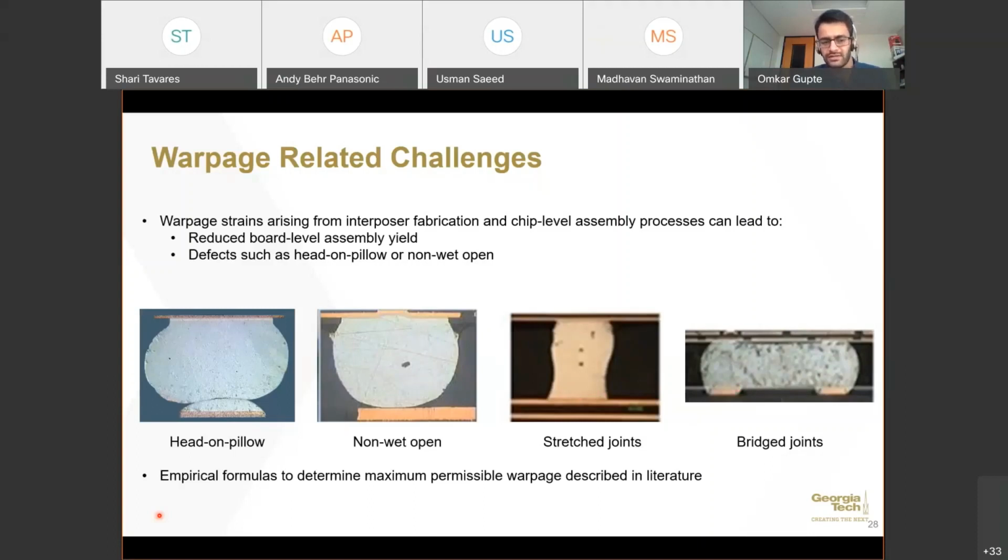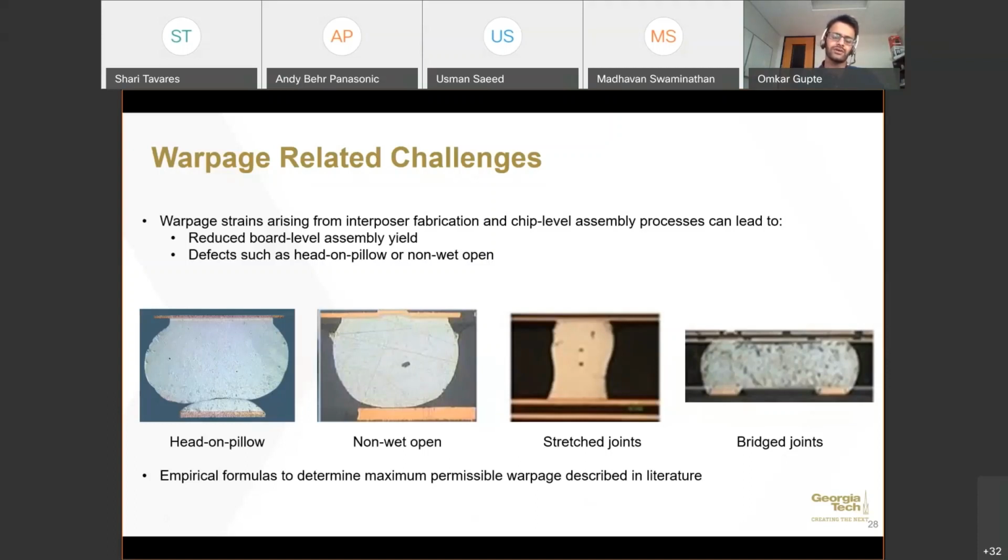So to develop a process with controlled warpage, there are empirical formulas that have been described in literature and based on some JEITA standards. One of the empirical formulas is that the maximum warpage that can be accommodated is the solder ball height times 0.87. It's just one of the empirical formulas, but such formulas are used while designing such